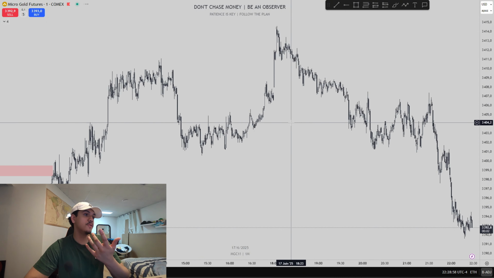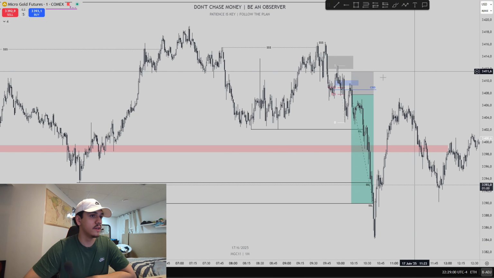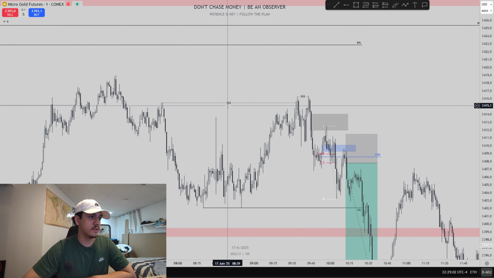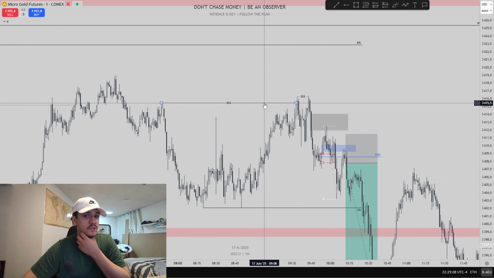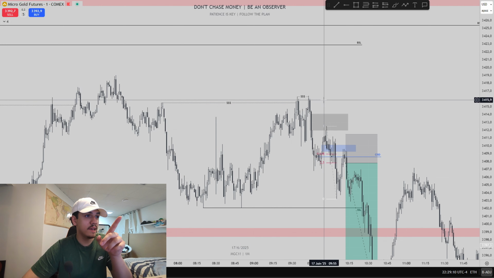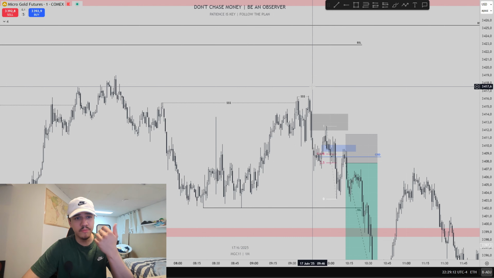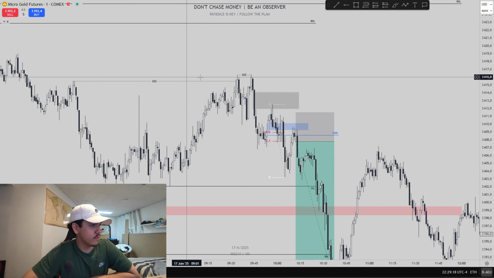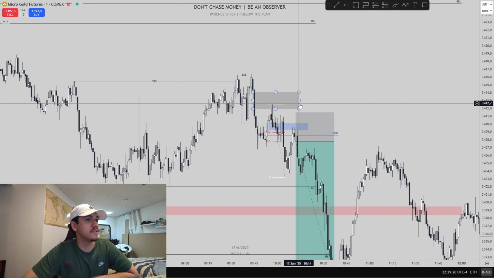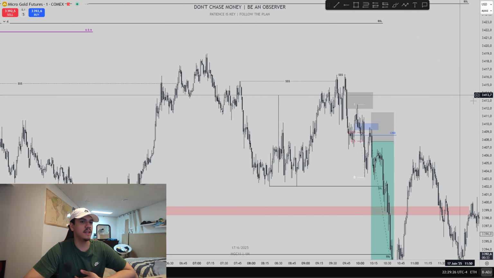Today I had a bullish bias on gold, but then here I saw some internal liquidity sweep, and I saw that maybe the price could go down. So right there, I changed my bias to bearish, and it was a good decision. Why? Because there's like 5 confluences, a lot of confluences that made me change my bias. So why did I change my bias?